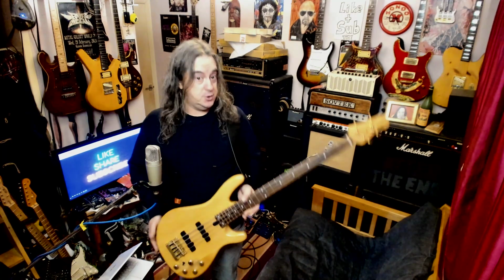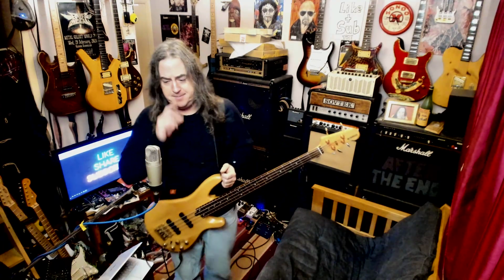No, I'll take that back now. What I was just saying about there not being that much difference, it's really just the shape between this and the RBX. I think this one looks better. This one's a P bass. The RBX isn't. The RBX is a modern bass, like an Ibanez SR,